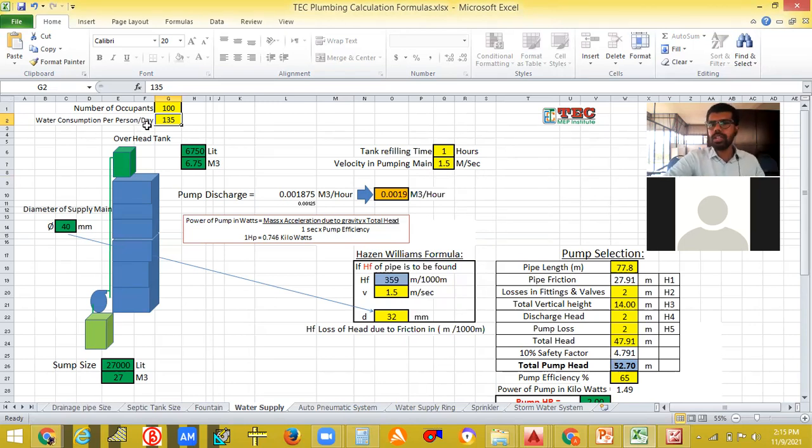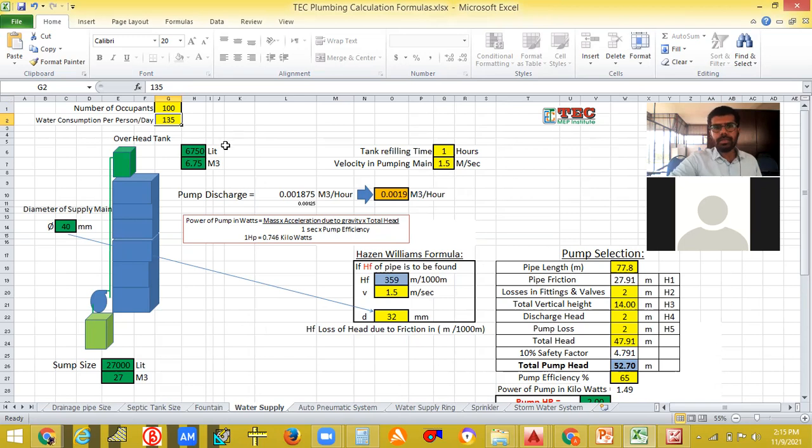For that you have to go to the NBC, National Building Code of India, go to the list and choose the application. From that application, you can find out the daily consumption of water for domestic purpose and flushing purpose. And not only that, you will also be able to know the total consumption.